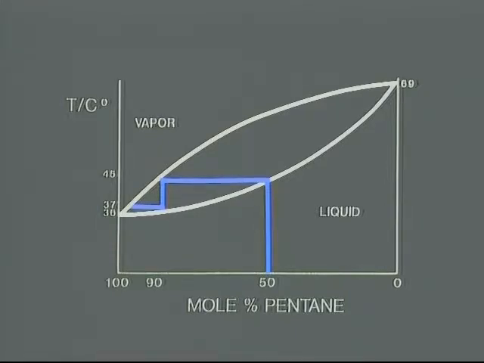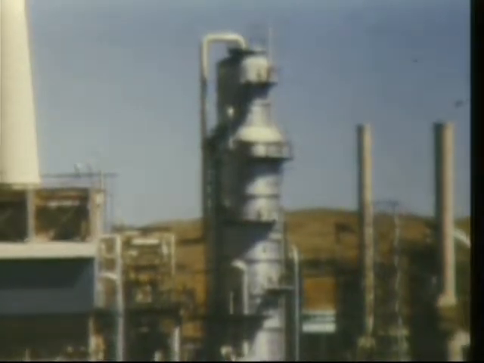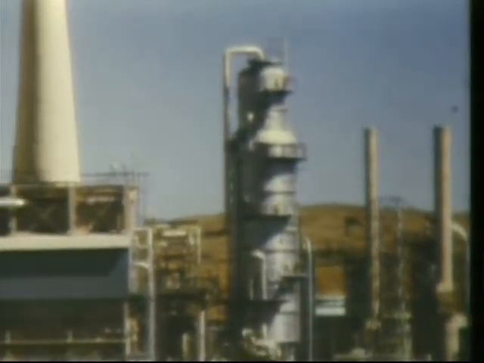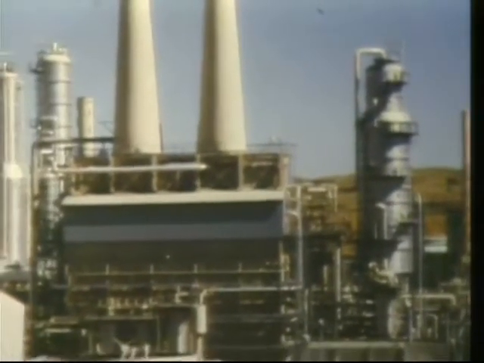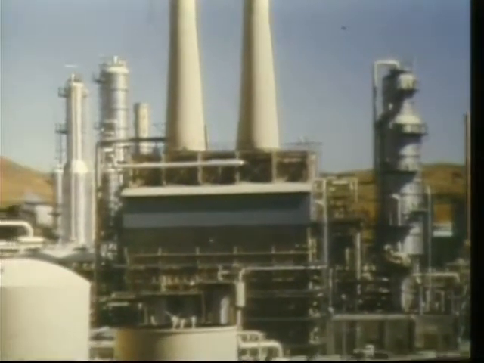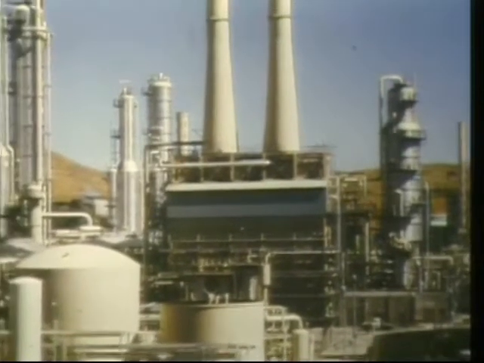Repeated vaporizations and condensations eventually lead to the collection of pure pentane, the lower boiling component. Each cycle of vaporization followed by condensation on a boiling point diagram is known as a theoretical plate. Actual fractionating plates exist in the large columns used in oil refineries. These columns are physically divided into sections by partitions or plates, and the material to be separated is alternately vaporized and condensed.